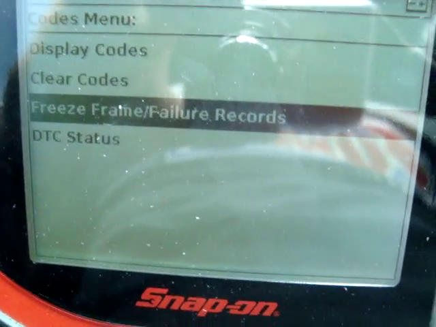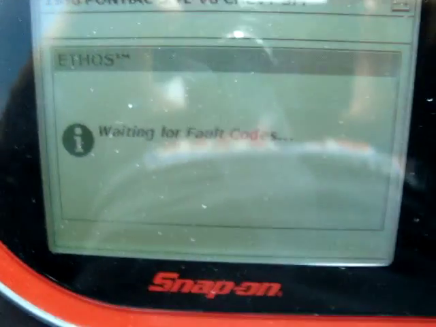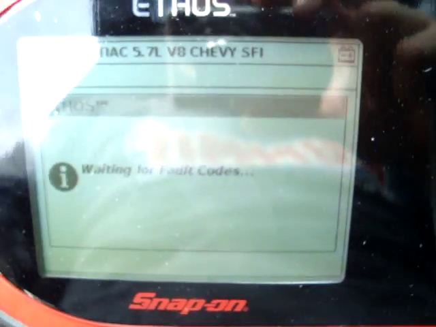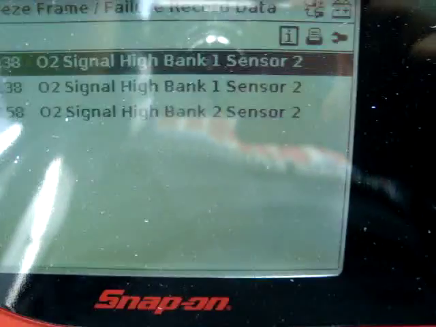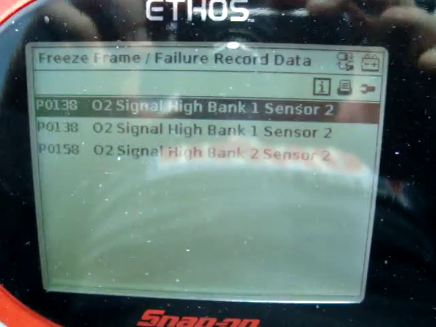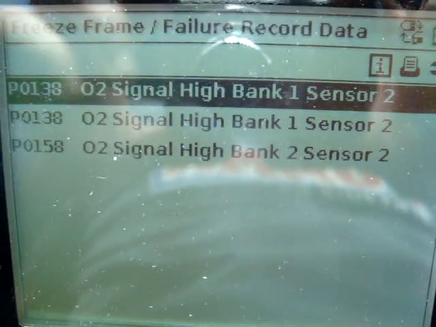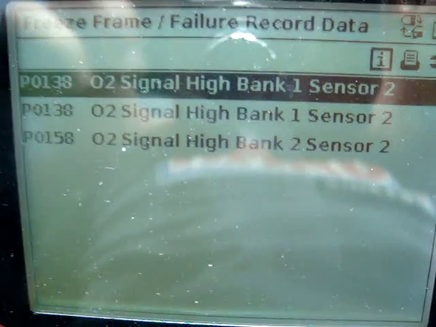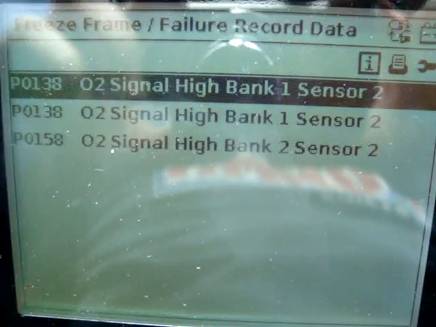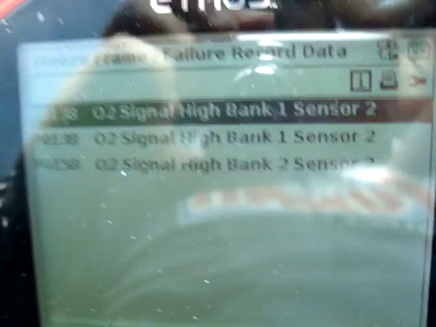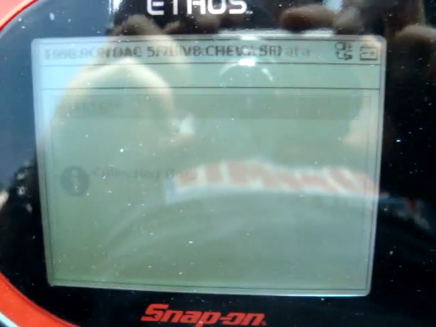Freeze frame failure record is real cool. You can look at the car when it's running and actually see what's going on in real time. Now, this right here is showing my O2s. I have Corvette O2s on this car and I don't have caps. That's the reason why this is reading this funny. But let's collect some data and watch it in real time, and you can actually see,